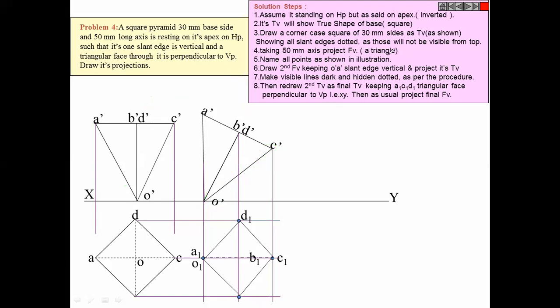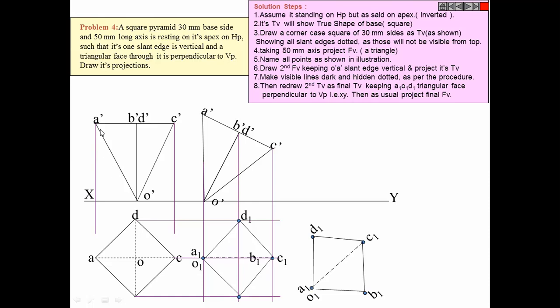Clear? So now what is told? Okay, it talked about the triangular face. Now what did we do here? What is the triangular face? Here first of all you identify OA. This is the edge OA.